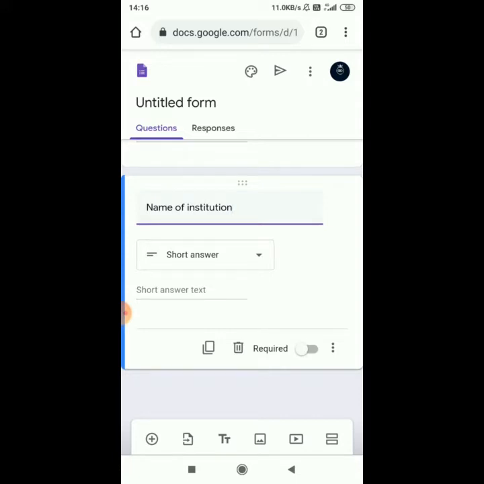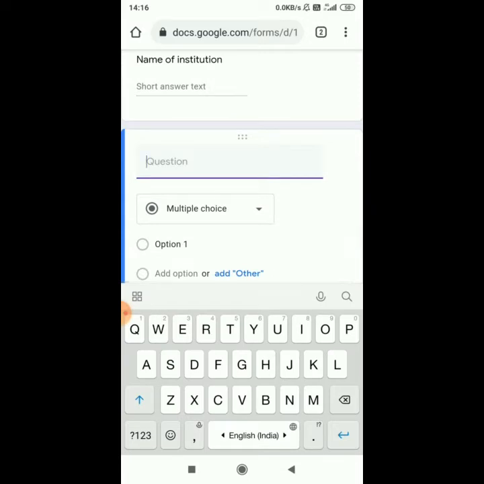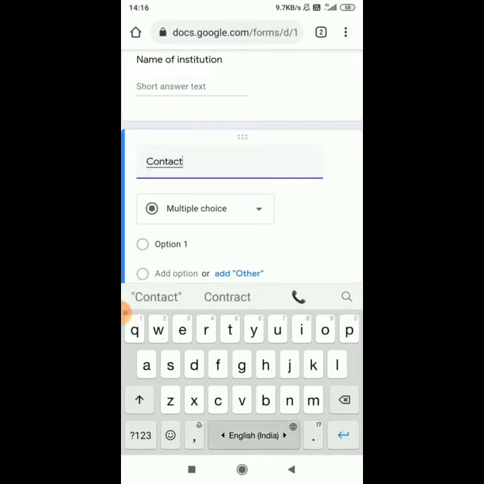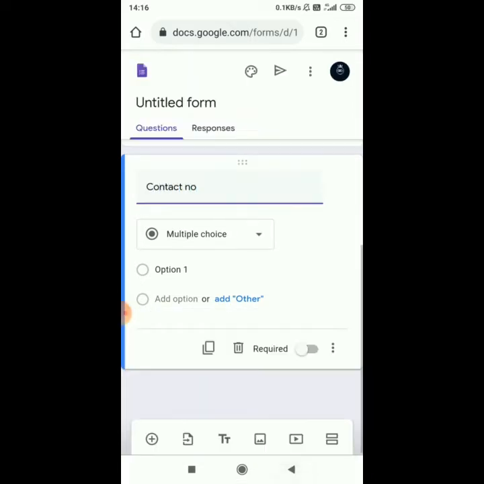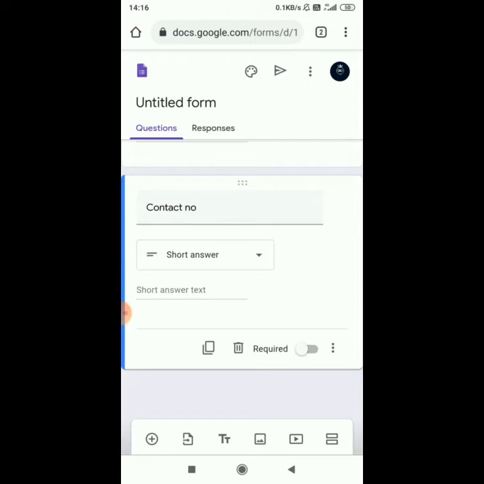Again click on the plus sign. Next we will type contact number. Next we can add questions from here to start the quiz competition.